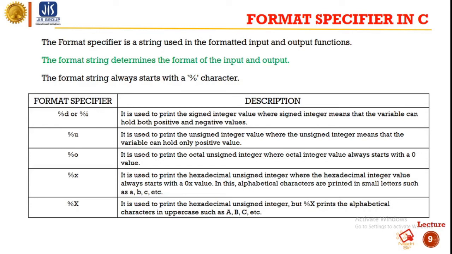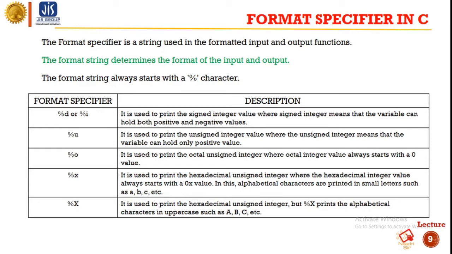When a value is stored in a particular variable, then we cannot print the value stored in the variable straightforwardly without using the format specifier. We can retrieve the data that are stored in the variables and print them onto the console screen by implementing this format specifier in a printf function. Okay, so as you can see, the format specifier starts with a percentage operator and is followed by a special character for identifying the type of data.